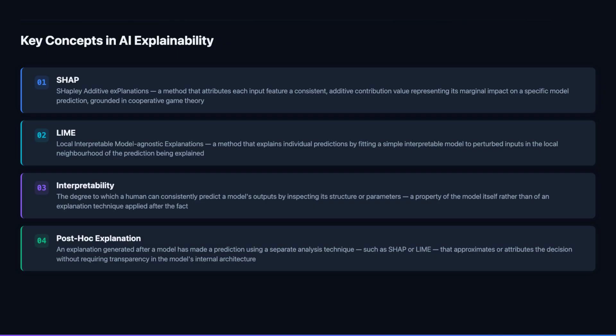The critical caveat of post-hoc explanations is that they are approximations. They describe what the model appears to have done for a specific input rather than providing a guaranteed causal account of the model's internal computation. Practitioners must understand this limitation and communicate it clearly to stakeholders who rely on post-hoc explanations to make decisions about model deployment, regulatory compliance, or individual case adjudication.